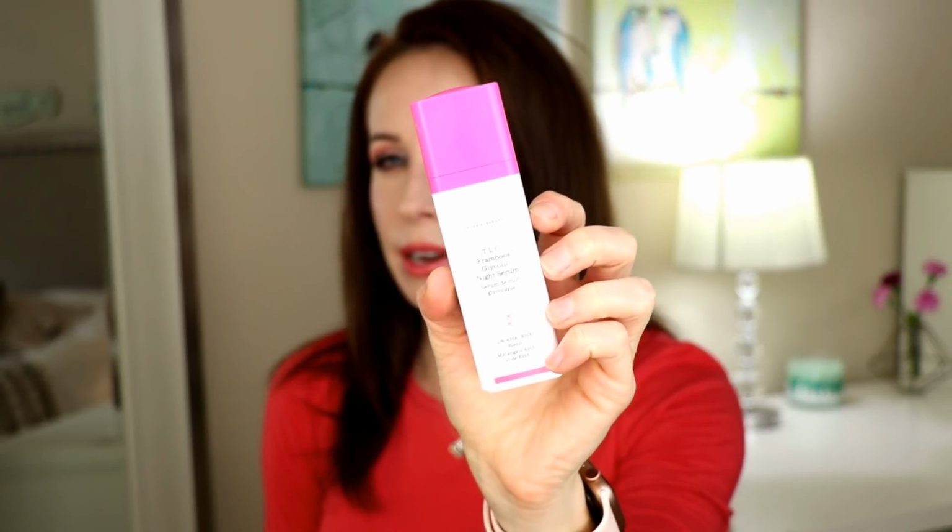This is the Drunk Elephant TLC Framboos Glycolic Night Serum. Why I love this is it's a blend of AHAs and BHAs. It has a glycolic and I think lactic acid in it. Glycolic's pretty intense, and with my sensitive skin, when I go in with a straight glycolic, I tend to get really red, really irritated, and then my skin's like, seriously, why? And I'm like, because...